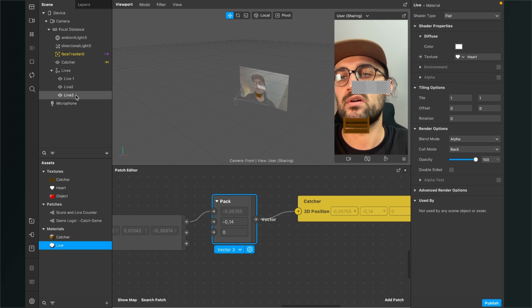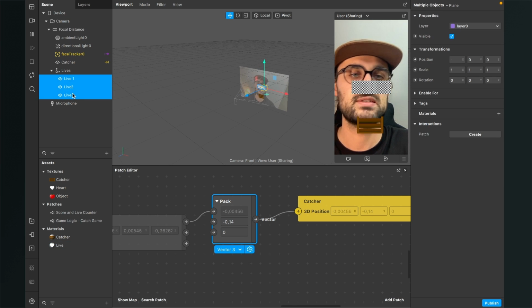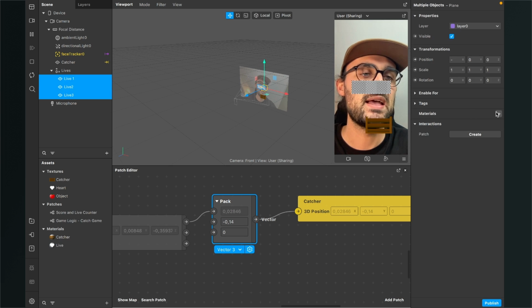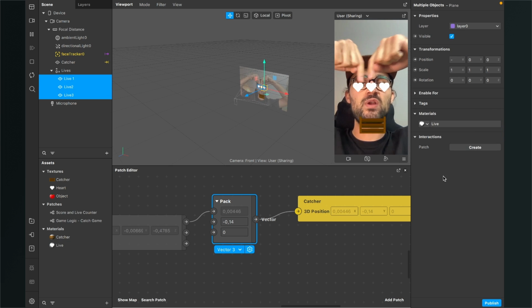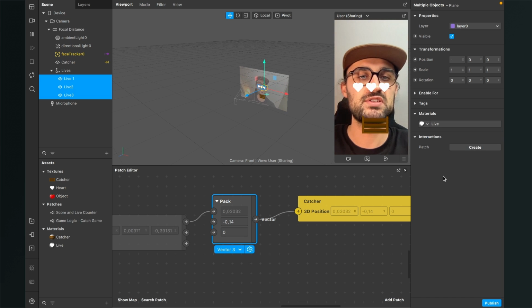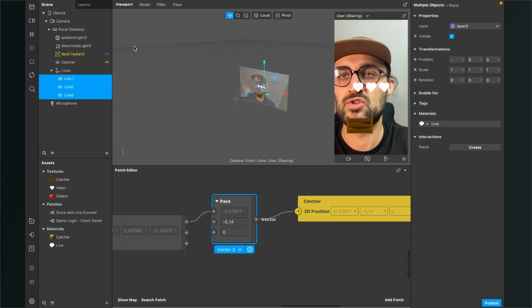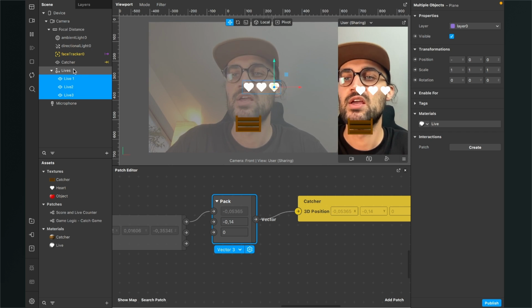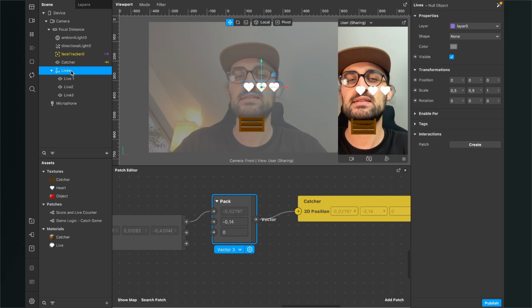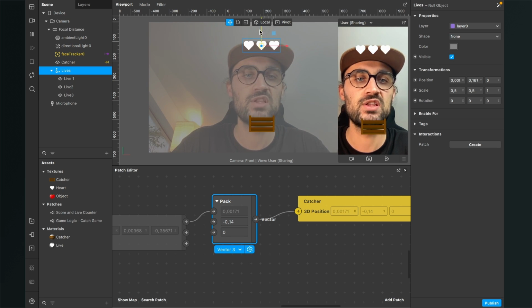Now we go back to our scene and select all 3 of our live objects. Then we go to the right hand side and set for the material the live material. So now we have 3 white hearts in the middle of our screen. So now I want it on top of the screen. So just set the viewport from edit 3D objects to 2D objects. Make sure your lives null object is selected here, and then just drag and drop it to the top of